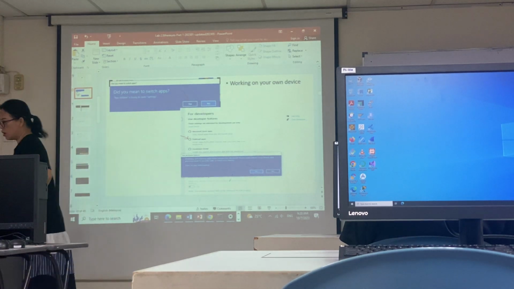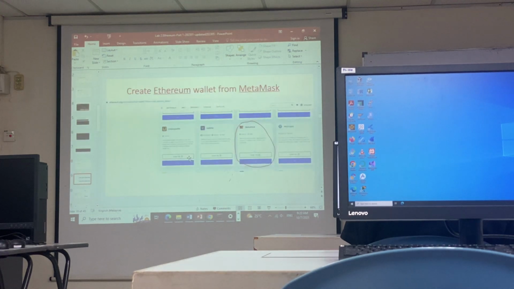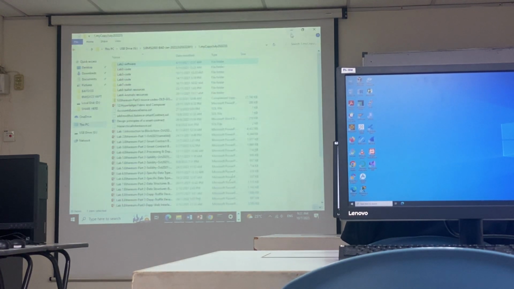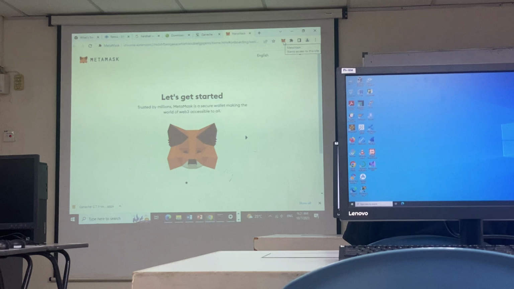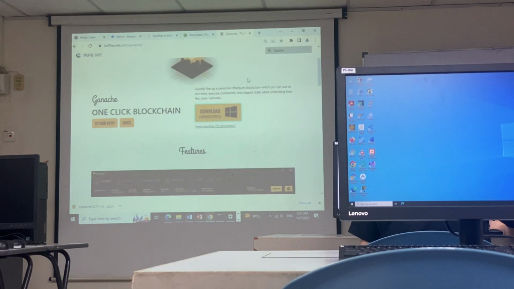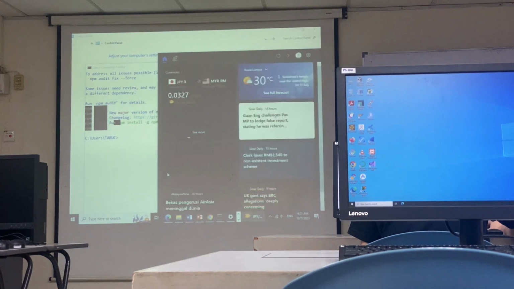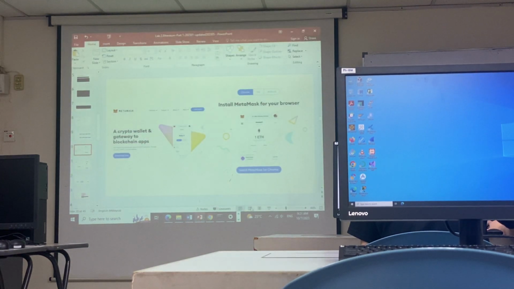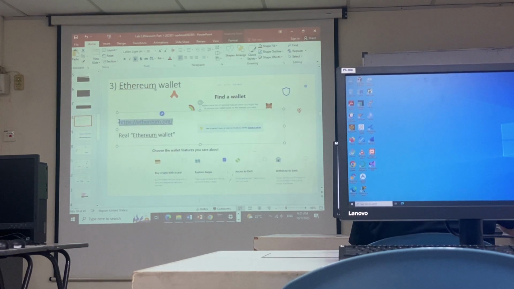Okay. So now, without wasting time, we are coming to MetaMask. I already have MetaMask in my browser, and I come over here. I go and remove my MetaMask first. For those who have it or not yet, you follow this. I do it for you on this side. Later on, because you do not have any account, I go back to